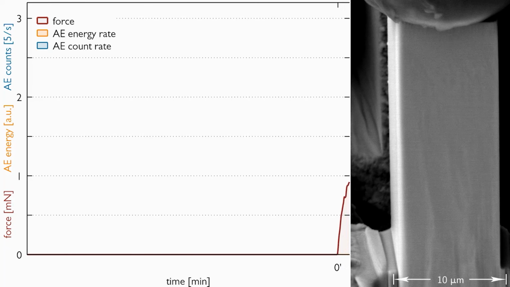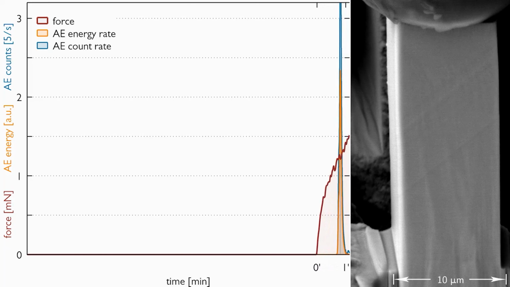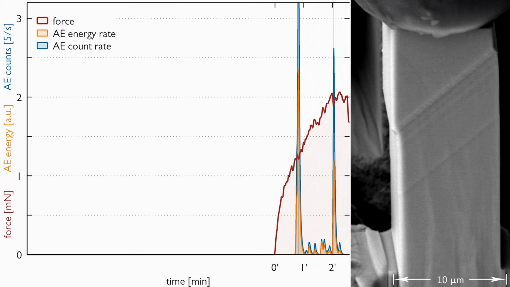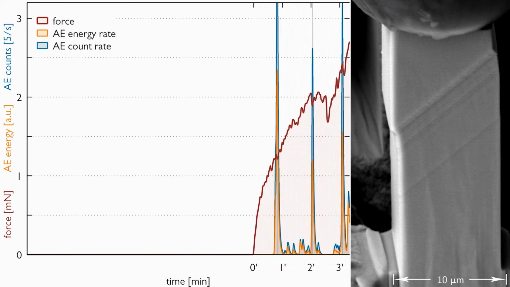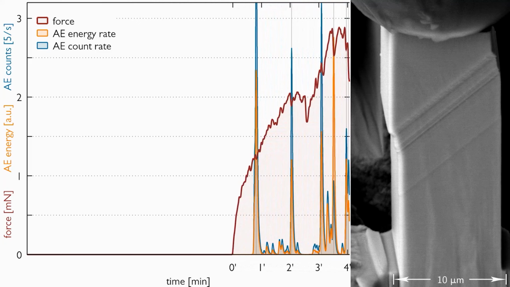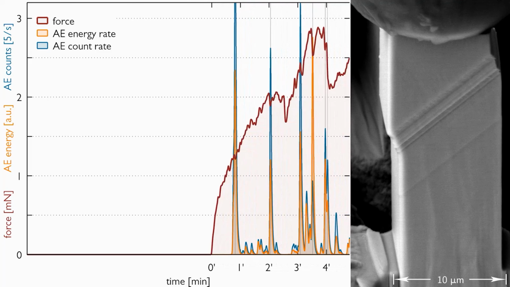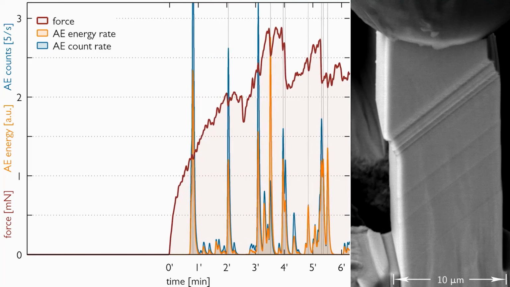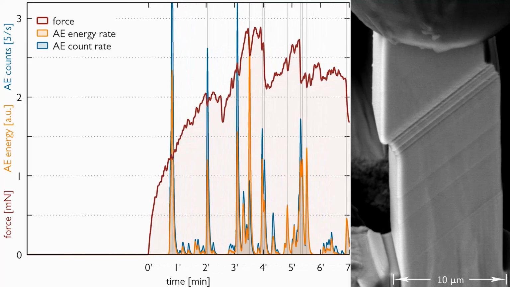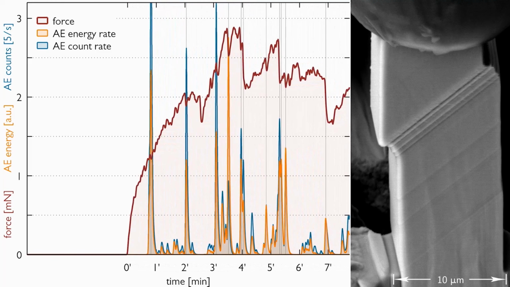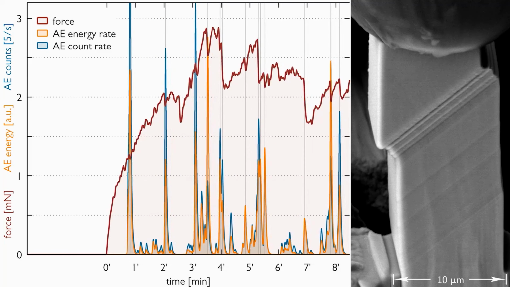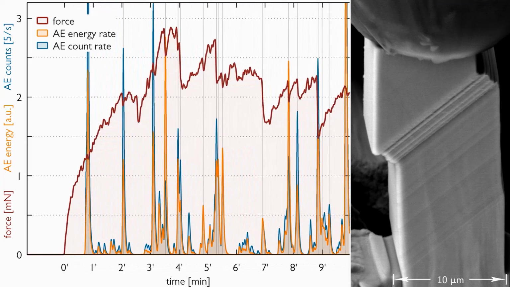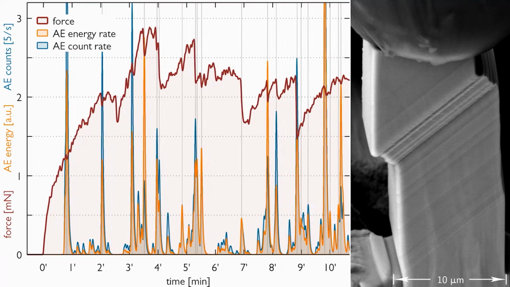Let's now have a look at a real experiment. The red curve represents the time evolution of the force, stress. The blue and yellow curves are related to the acoustic emission activity, which you can also hear. On the right side, the corresponding video of the micropillar deformation is shown. It is obvious that the correlation between the appearance of slip bands, the stress bursts, and the acoustic emission activity